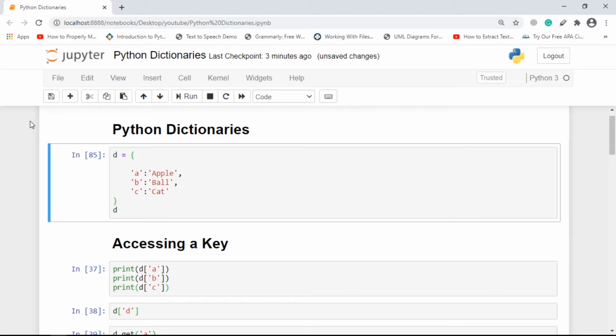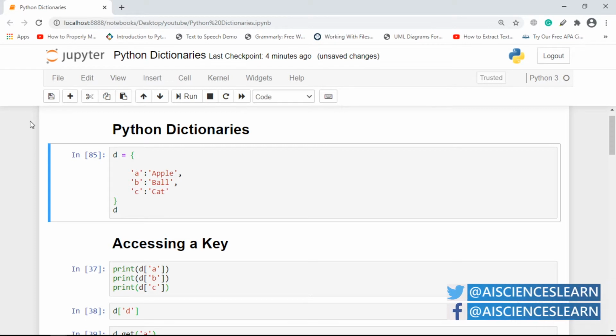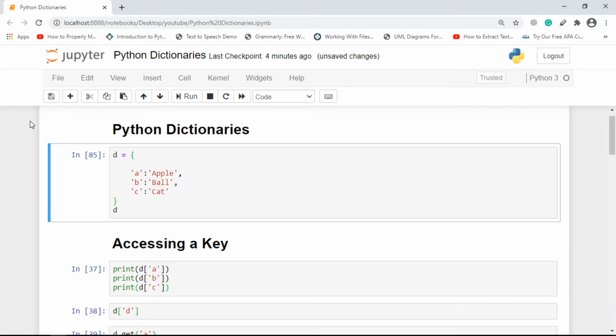So in this video, we will try to explore Python dictionaries. Python dictionaries are quite a handy tool. They are quite useful. What they provide you with is a key-value pair for storing information. If you have a basic understanding of C or C++, you must have come across hash maps and that stuff. In Python, dictionaries are the equivalent of hash maps.